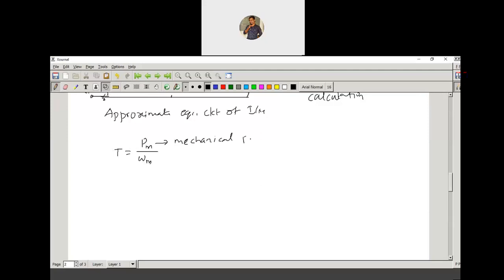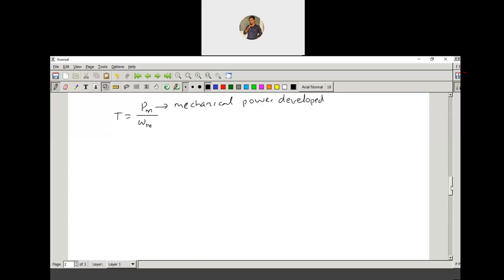Mechanical power developed. Okay, that is the output of the motor, or we can say it is the power output of the induction motor. So before that,